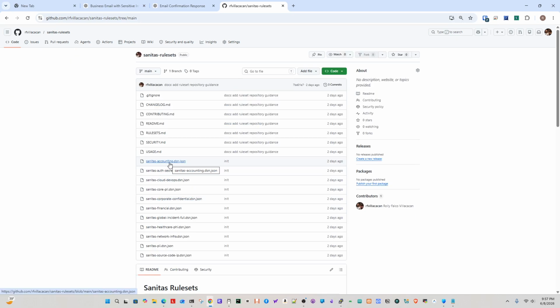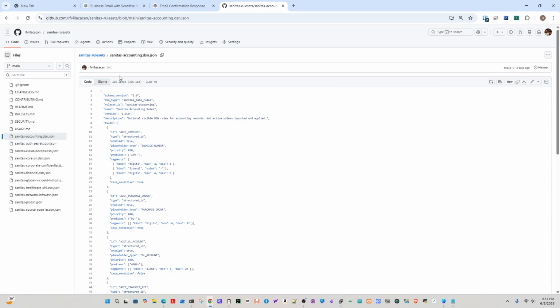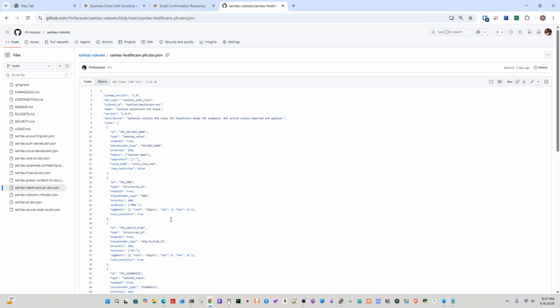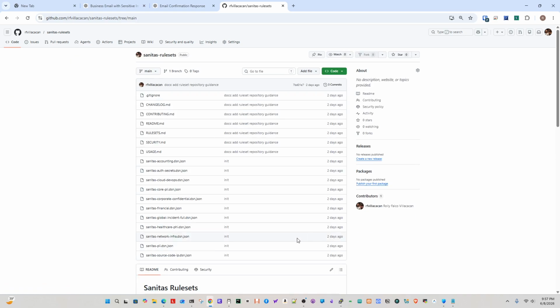This is highly customizable also. You can customize this for yourself. This one is for accounting. If you have any other sensitive information that Sanitas was not able to capture, you can add it manually, and along the way you will make